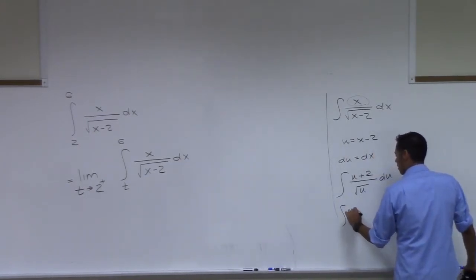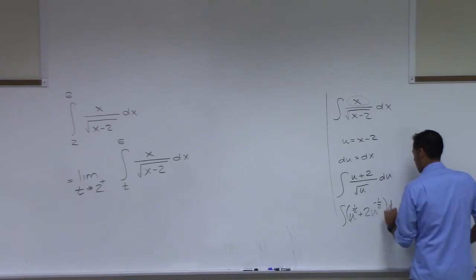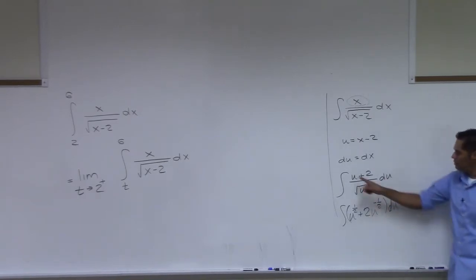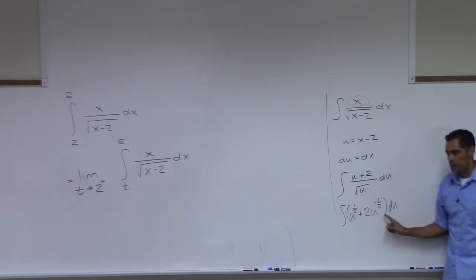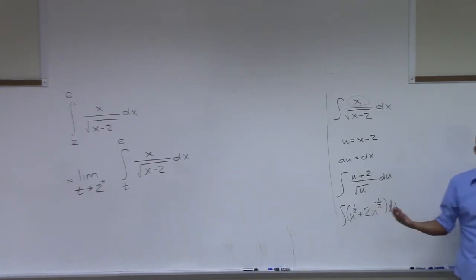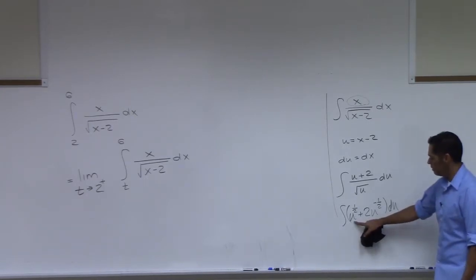u to the half plus 2u to the negative half du. So that over that's u to the half. That over that's 2u to the negative half. Writing them that way because we're about to use the power rule. So I guess I need a little more room. The antiderivative of this is going to be